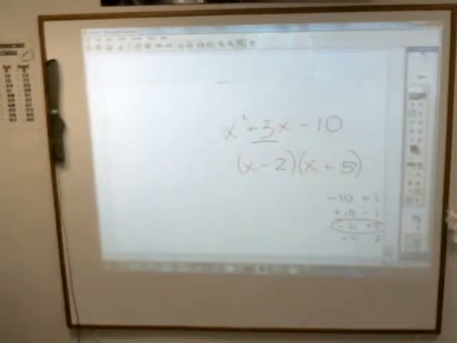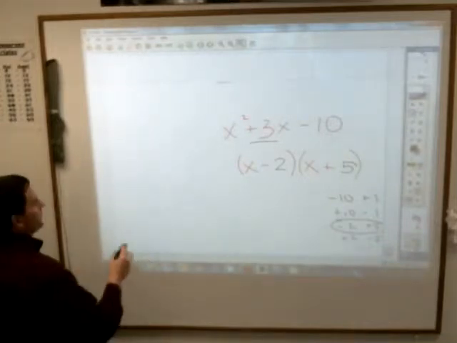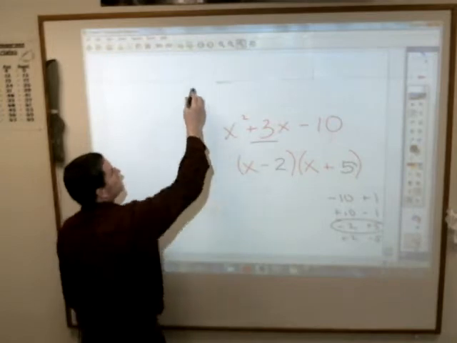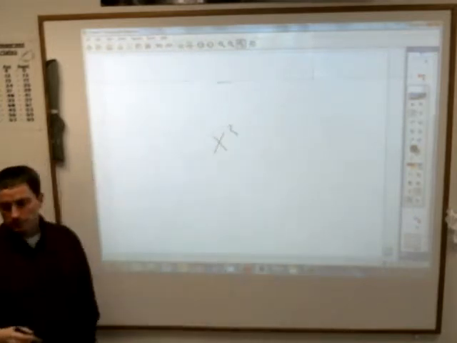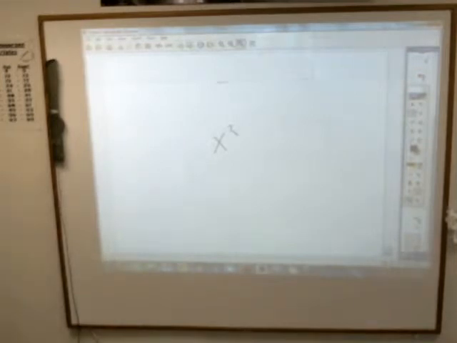Okay. Does it get easier after we do it twice? Now how about this one? This could throw you for a little bit of a loop. x squared plus 5xy